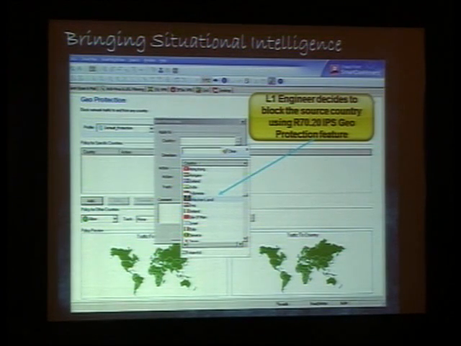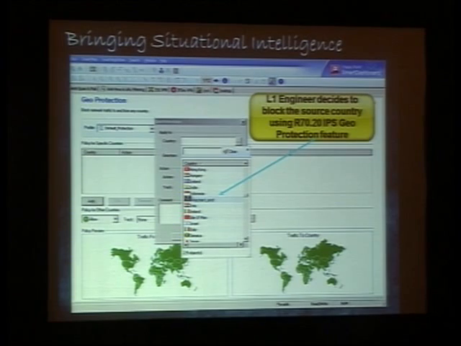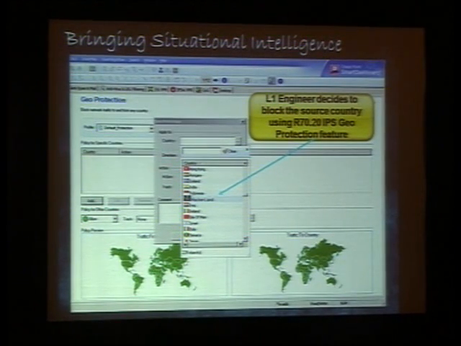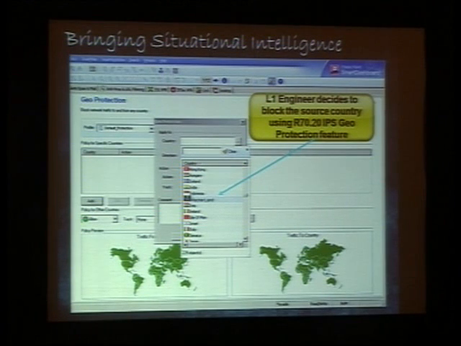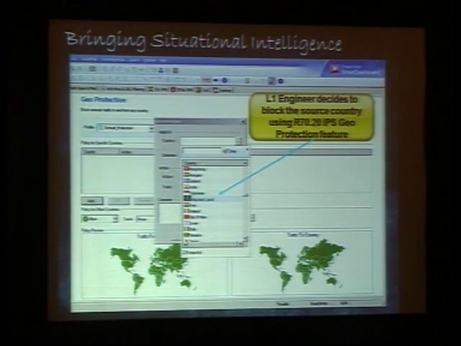Geo protection. Today all Check Point software is shipped with this protection, where you get the visibility of which country traffic you are receiving from and which country is attacking, and you can block countries with a single click, by saying that I want to block all traffic from Pakistan. I am not doing any business with Pakistan, so why should traffic come from there? Not only incoming, bots send traffic out, and typically that goes through all the firewalls because outgoing traffic is typically allowed. So we can block in or out traffic to that particular country, and then you can create exceptions on top of it. Let's say the Indian High Commission opens in Pakistan, you can allow exceptions for those IPs to come in.